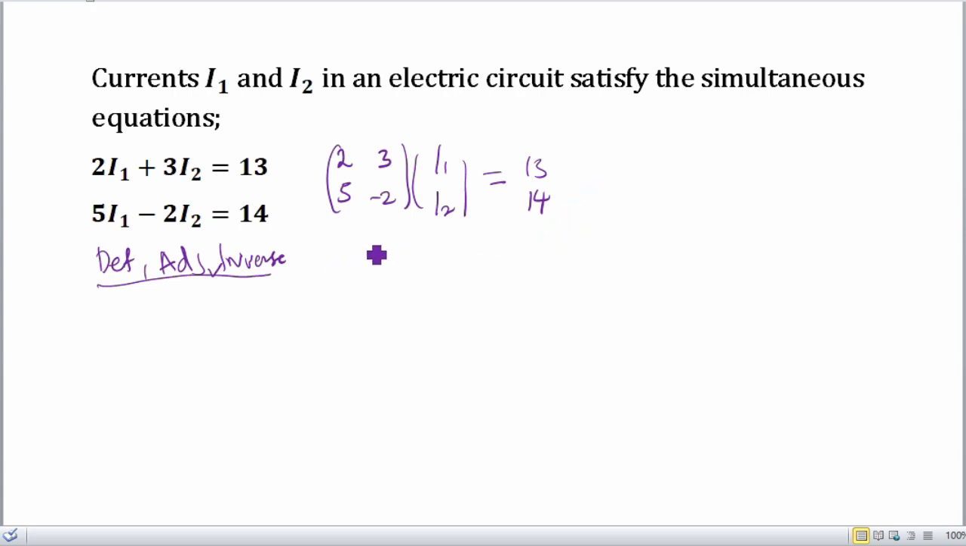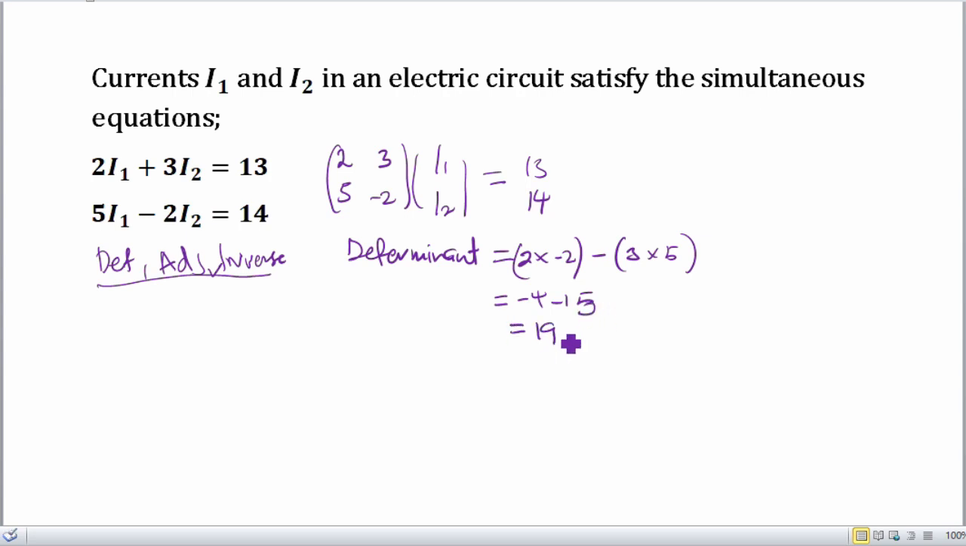Okay, next step is we are going to get the determinant, which is given by you take 2 times negative 2 and then subtract 3 times 5, and that is negative 4 minus 15, which is negative 19. And then I go ahead and get the adjoint of A,